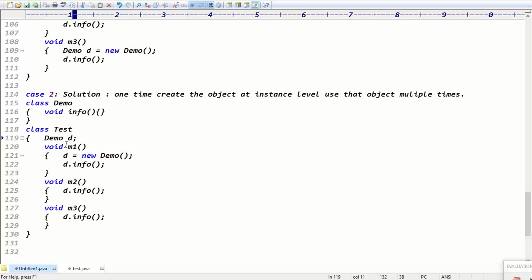The recommended code is what? Declare the variable first of all. Definitely that object is created by one of the methods, right? One of the method's logic, because object creation is logic. Logic is definitely done by one of the methods. But in void M2 we are not using it, no? I'm creating the object and I assign it to which variable? The d variable. D is what type of variable now? Local variable or instance variable? Instance variable. We can access an instance variable throughout the class.